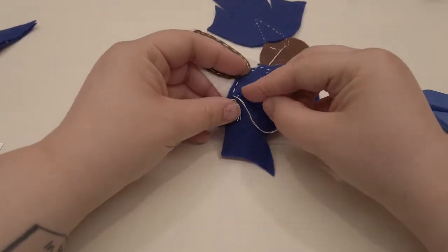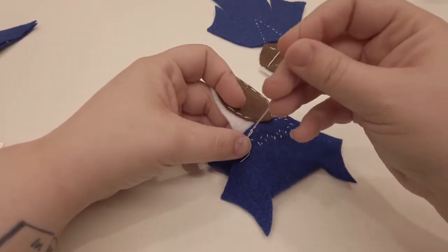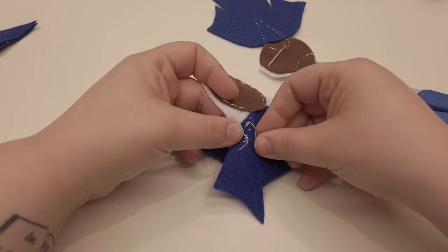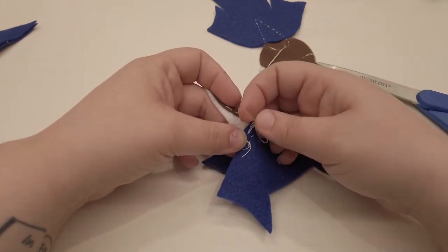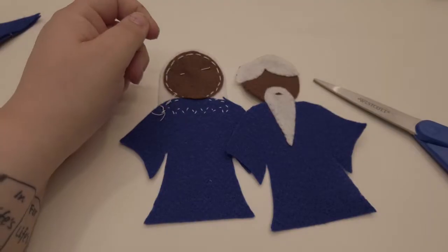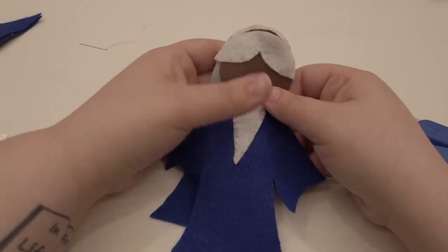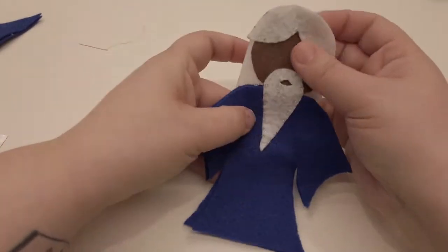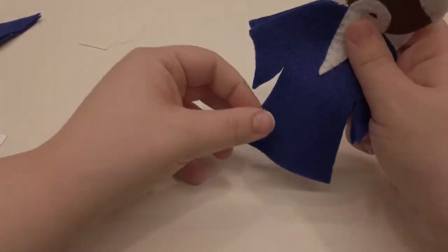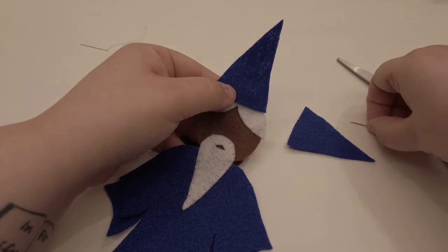And again, I'm just going to tie off my thread. Same way. Go through my loop here and go through the loop that makes. I've got the front and the back sewn. And if you'll notice that we are missing the hat, so we're going to pin that on now to make sure it lines up. So I've got the front piece, I'm lining it up,